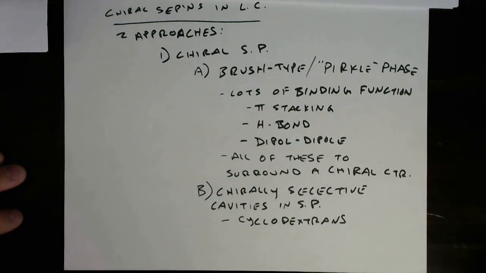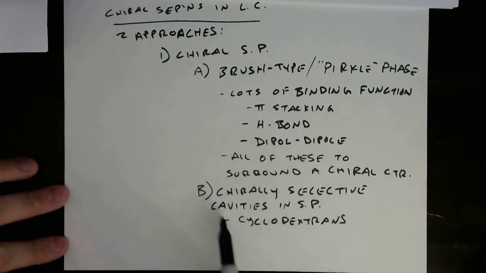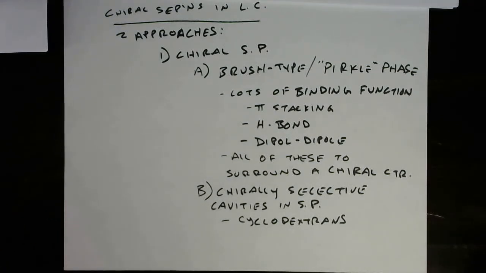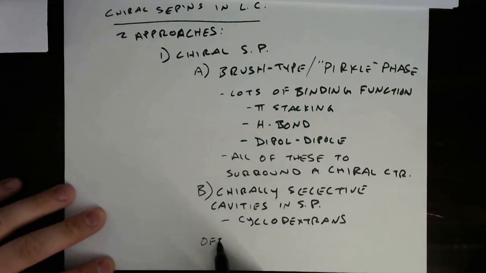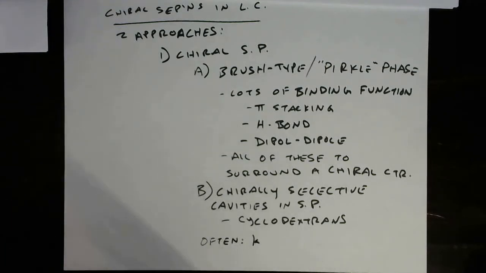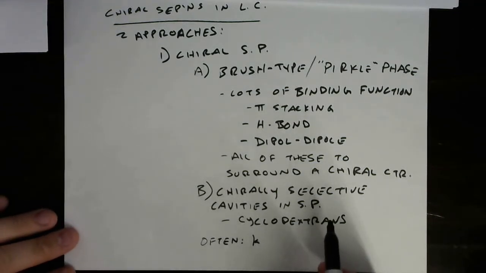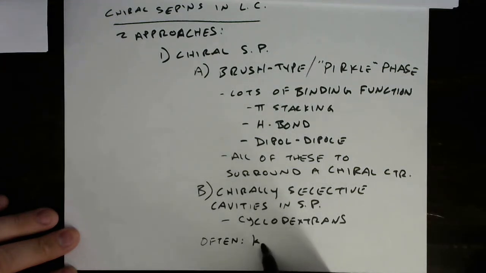So a couple things we can say about chiral separations, especially with regards to these chirally selective cyclodextrins as stationary phases, or a stationary phase functionality. I guess the first one would be to say that I'm going to say often, but not always. We see retention factors for, so suppose we were looking to separate these structural isomers of para versus ortho versus meta. Very often what we're going to see are higher retention factors for para